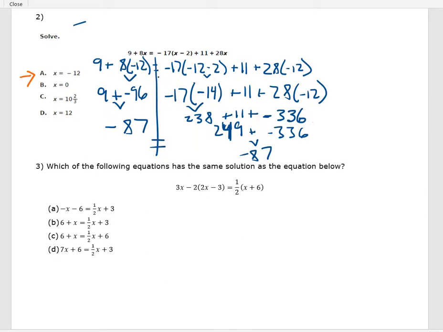So in this case, negative 87 equals negative 87. I was right. My answer is negative 12. And we'll see that I made one seemingly small mistake with a negative integer, and that threw off my entire equation. So I want to make sure that I'm being very careful